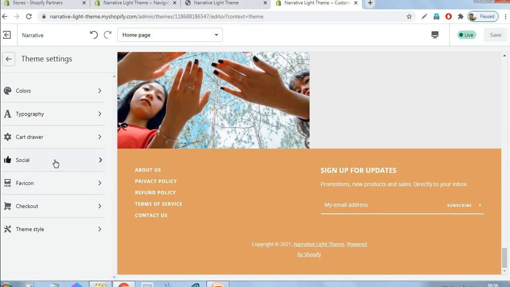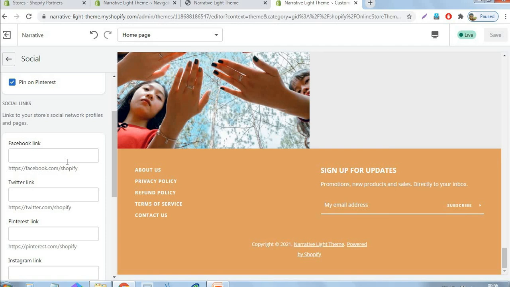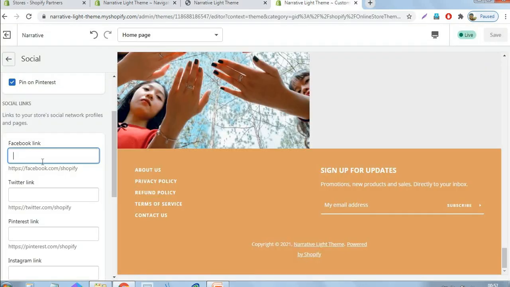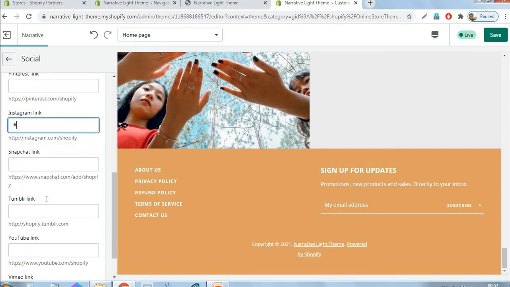Then the social media icons we need to activate. We need to put in our social media links. Right now we are not giving any real links. I am just giving hashtags, so you can replace them with your own social media links. So I am giving the Facebook link, Twitter link, Instagram and YouTube.